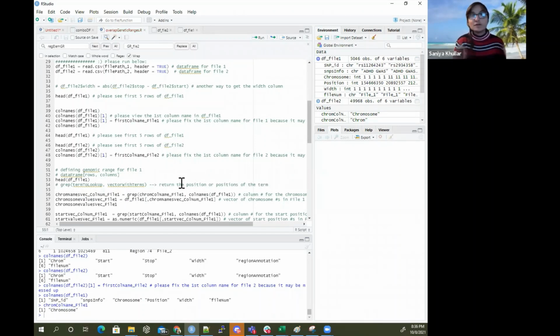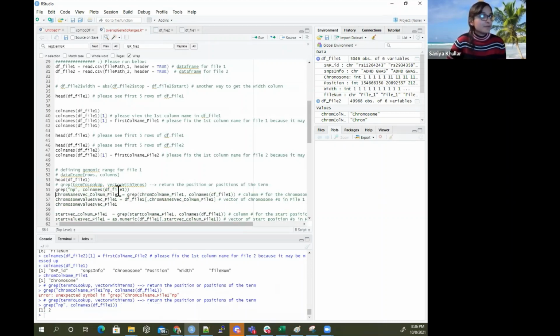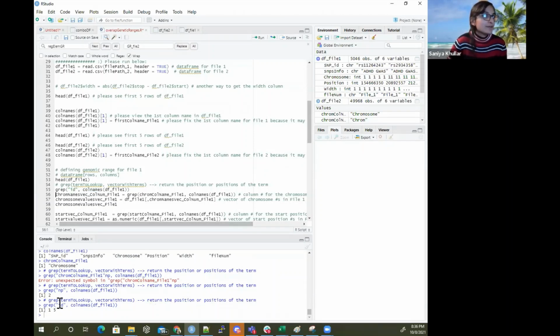Now, if you want to look up an exact fit for something, I could also just do grep, I could do NP. Oh, 1 second. And I'm going to get this 2 over here, NP. I can also look up ID, and if I look up ID in the column names of this, for instance,